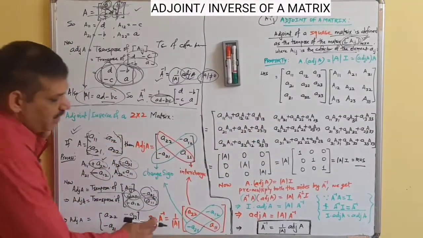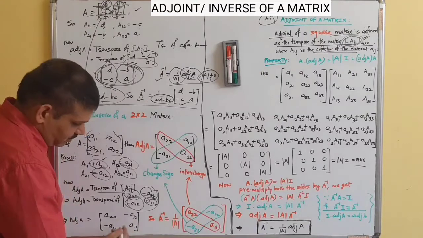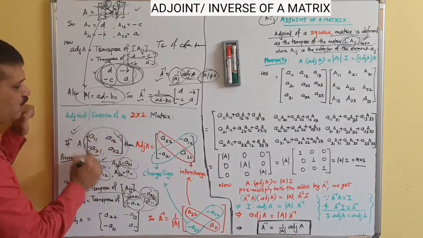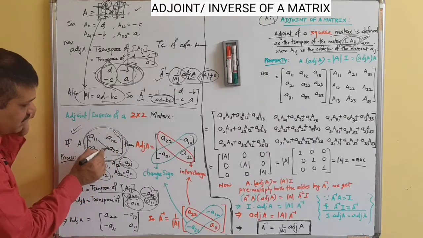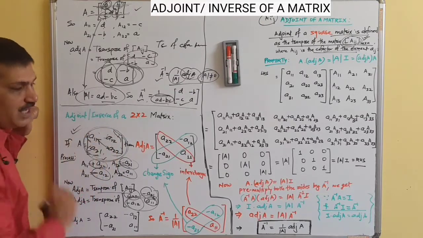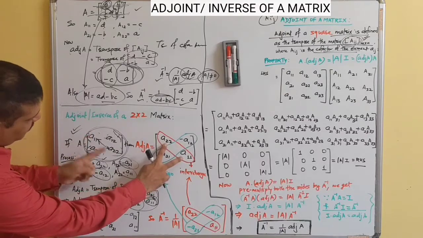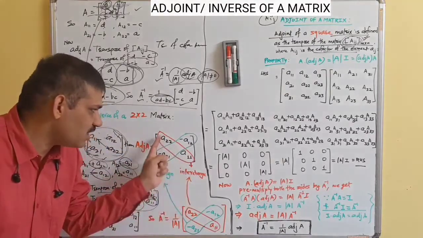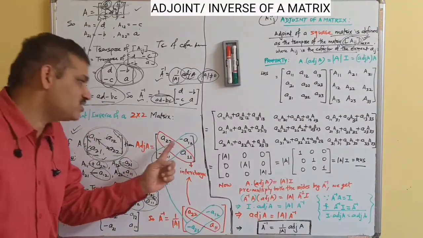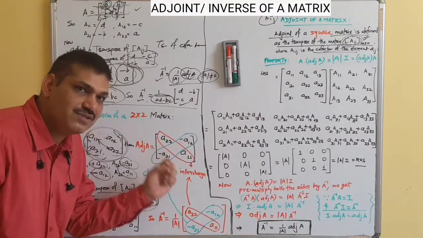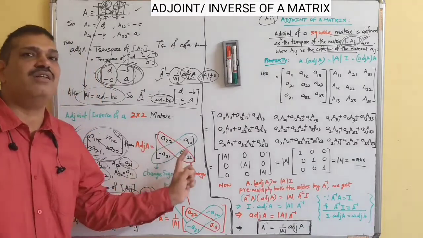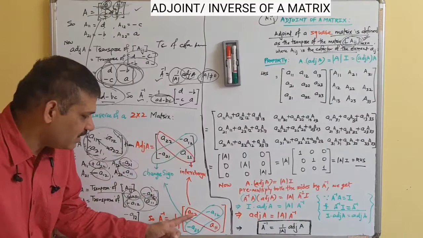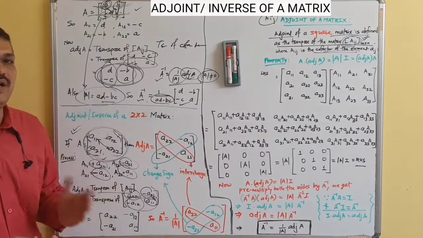Well, so A inverse is 1 upon determinant A times adjoint A, and adjoint A is here. You can see from the original 2 by 2 matrix, if we interchange the elements of the leading diagonal, A11 and A22, and just change the sign of the non-leading diagonal elements, you will find the adjoint. If you divide the adjoint by determinant A, you are going to get the